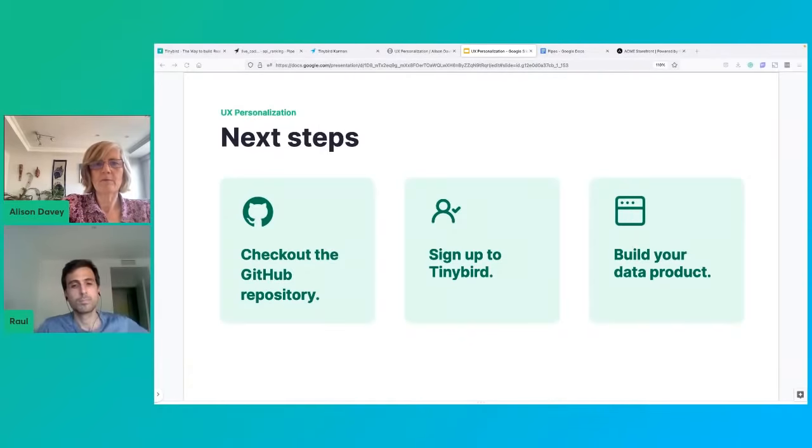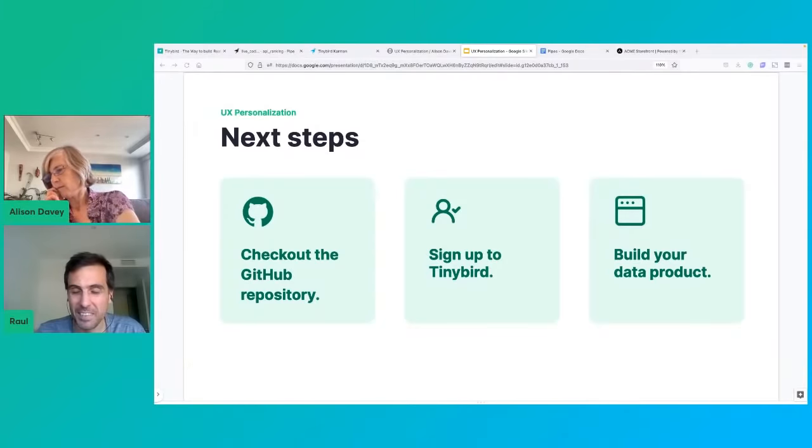Let me just share the repo. I'll learn something else. I just shared it, I think. Okay, good. I think, I'm not sure. Yeah. Okay, so